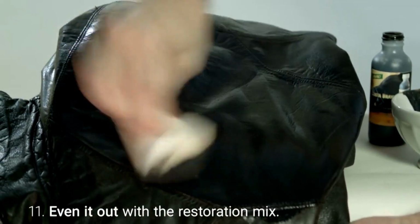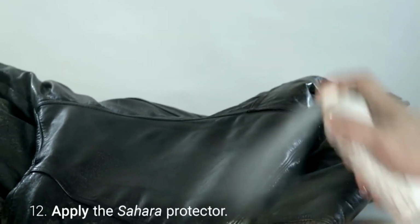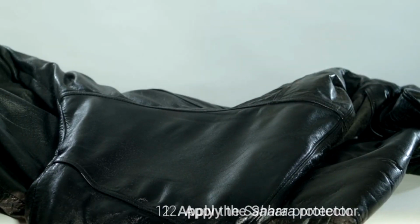When the color restoration is done, apply Sahara Protector. Simply spray it and leave it to dry for about 8 hours without moving the leather. All in all, it takes about